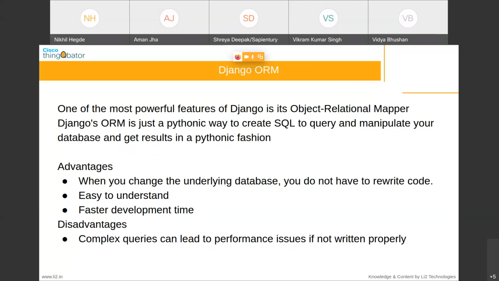One huge advantage is, suppose you have started an app initially with MySQL as the database. Then after some time, you don't like MySQL. You want to switch to PostgreSQL. If you don't use ORM, you have to go inside your view and change each and every SQL statement, because SQL queries of MySQL and PostgreSQL are different.